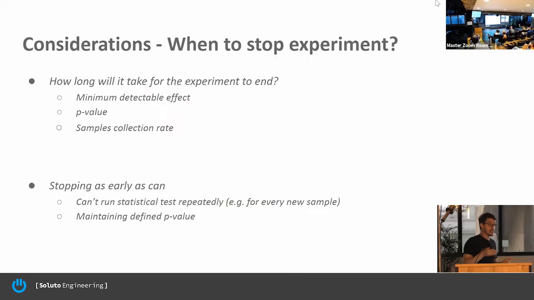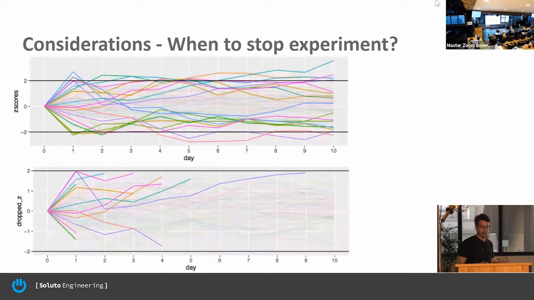First, if we run the same statistical test multiple times and we stop when we find significance, then running multiple times just increases our chances to get significance by definition. We don't have anything to stop in the other direction. We just say, we'll stop the experiment when we get significance. So it already smells fishy. And another thing I found online, which gave me some sense, I hope it will work here.